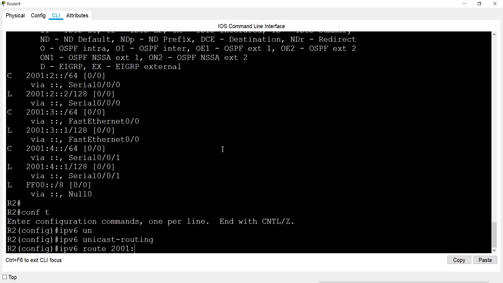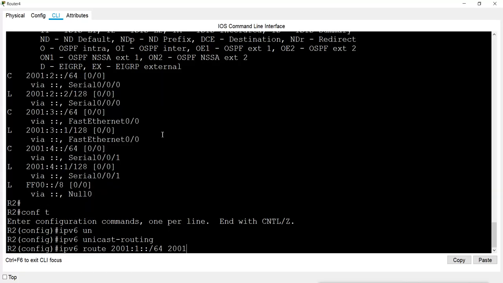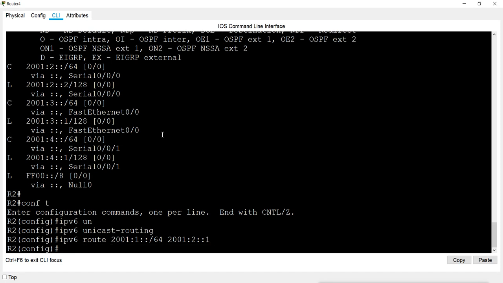2001:1:/64 network. And to go to this network, it can go from this interface, this IP address, which is the next hop address. So that is 2001:2:1. Then the next network is 2001:5:/64.